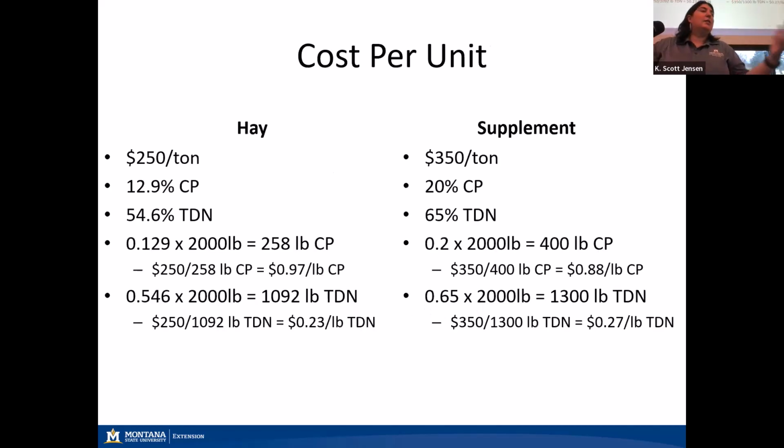So feed cost, right? That's the big one, right? So calculating on a per nutrient basis. So just a couple comparisons here. I know hay prices have been a lot higher than this. This is just the example I had, but $250 a ton hay, about 13% protein, about 55% energy. Or we can buy a cake supplement at $350 a ton at 20% protein and 65% energy,